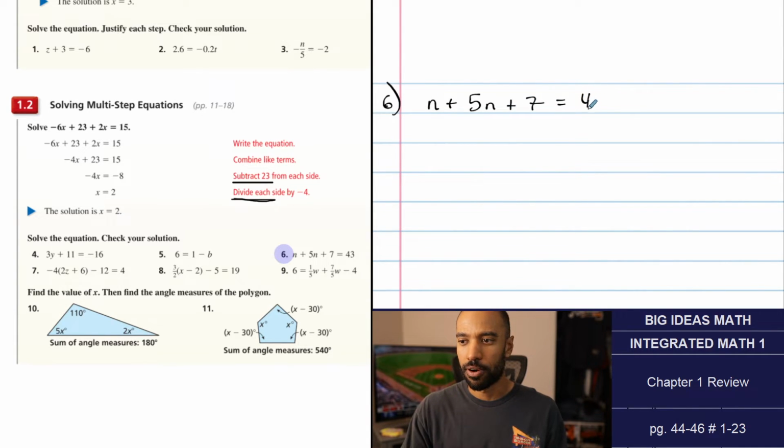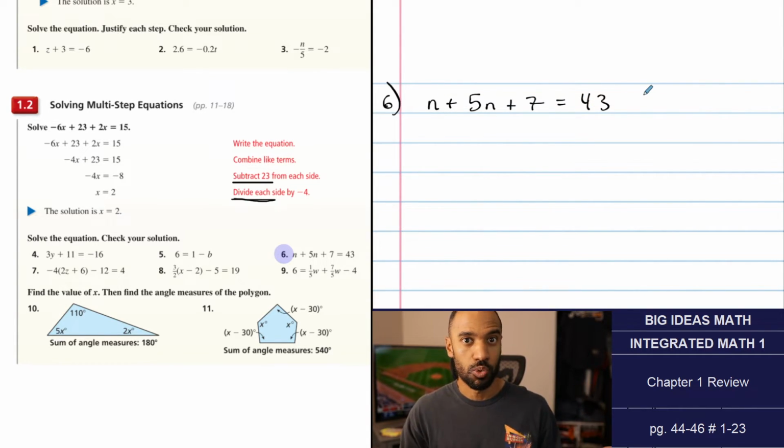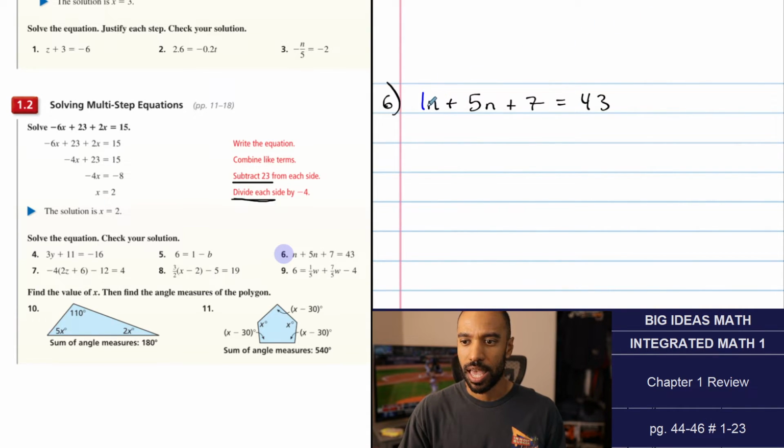As we try and solve for n, remember that n as a whole means 1n. So this also means 1n. When you see this n, this means 1n. 1n plus 5n is 6n. That's a simplification. Now that we've simplified the left side of the equation, this expression I should say, we can